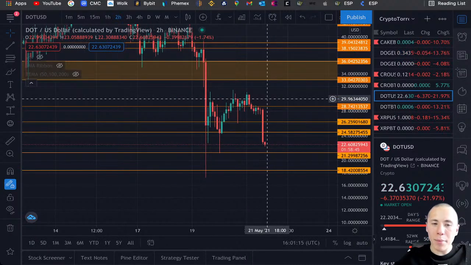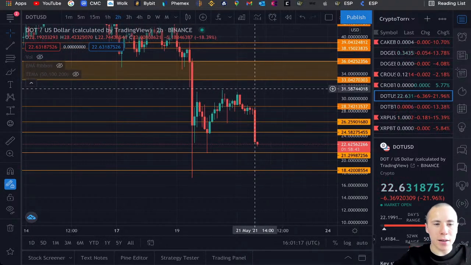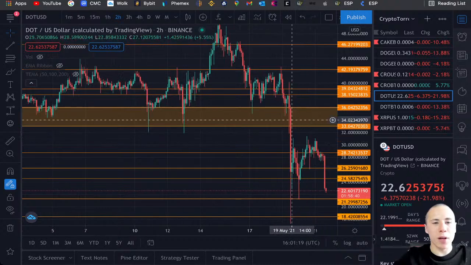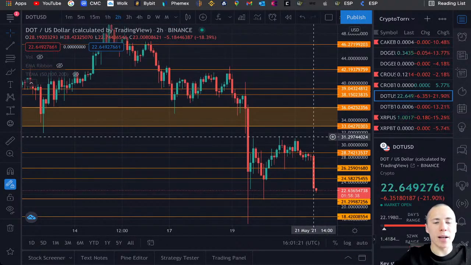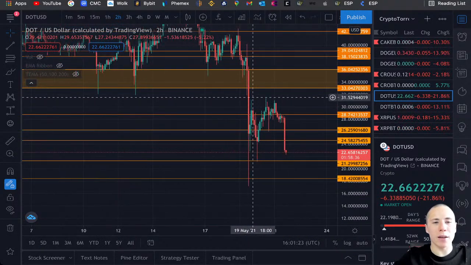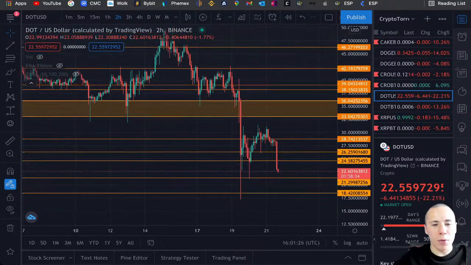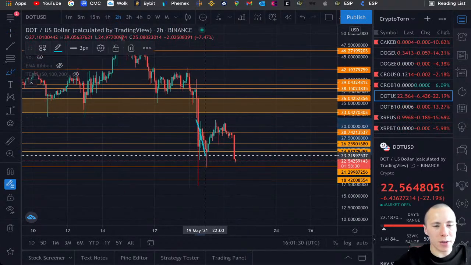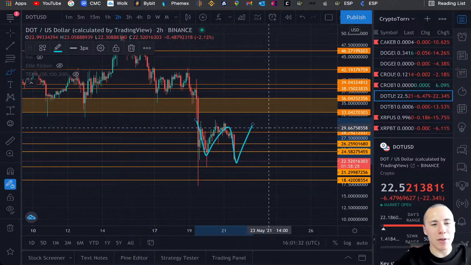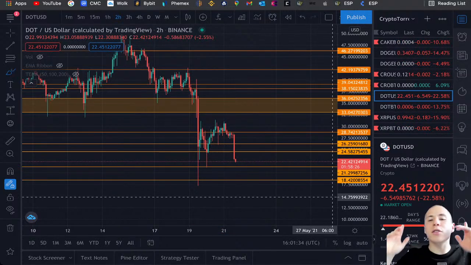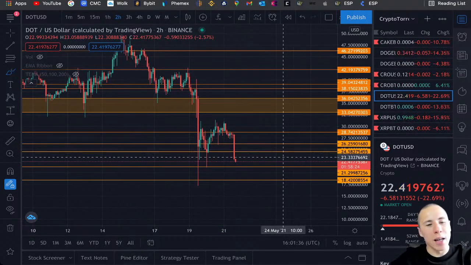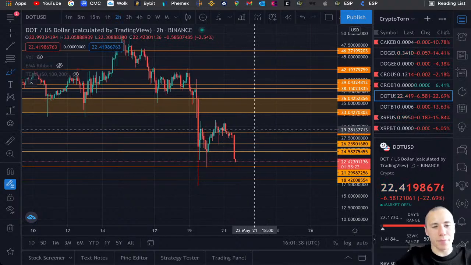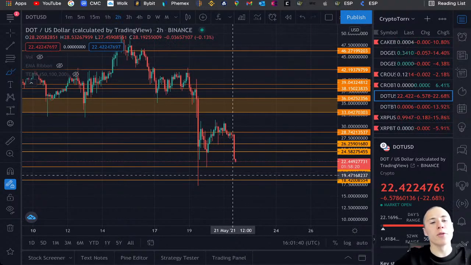Yes, I am actually looking at it, and I'm thinking that we are seeing a breakout towards the downside being created on the Polkadot chart right now, and we are not seeing that W structure actually playing itself out on the Polkadot chart. It still could be possible, but of course Polkadot has to find enough strength to move towards the upside,